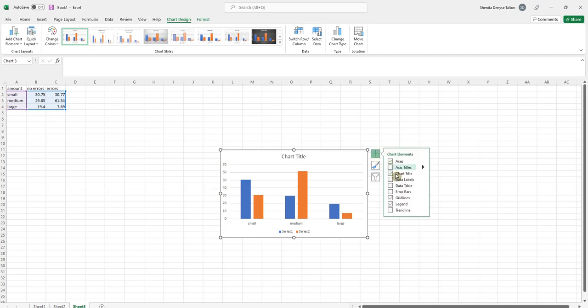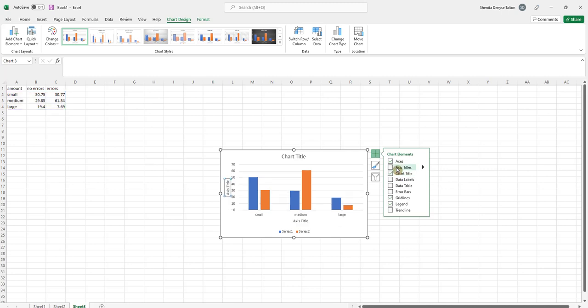If you wanted to clean it up a little bit, you can type in here percent, so you know that these are percents. Another thing that I want to do, it says series 1 and series 2. Well, that doesn't tell me which one is errors and no errors. So what I would do is